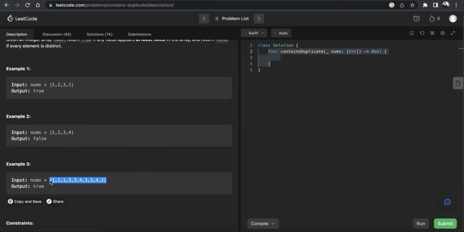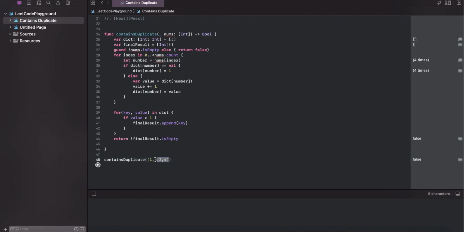And for this one, it should return true because it